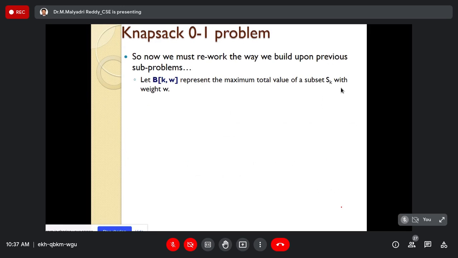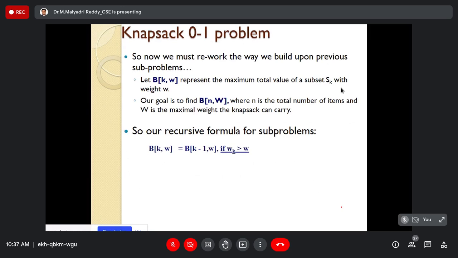In this we have to use a special technique, which I will explain. Every time we need to check the objects with respect to the previous value. Suppose if you include the object, we check whether its weight exceeds the limit or not. Whenever the value exceeds the limit, we can't include that object. If it does not exceed, we include that object into the bag and the corresponding profit will be added to the previous value. So B[k, w] is equal to B[k minus 1, w], which means every time you need to check this.